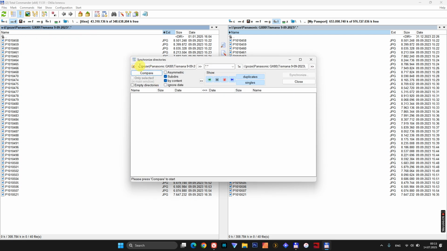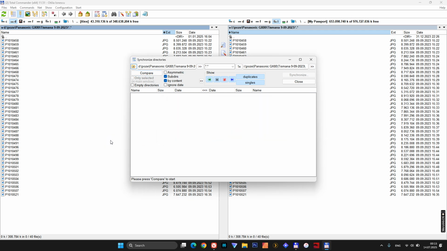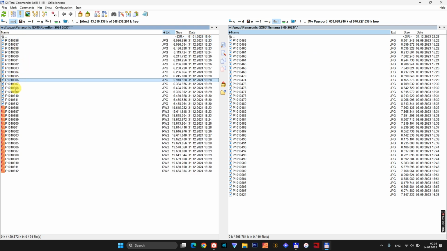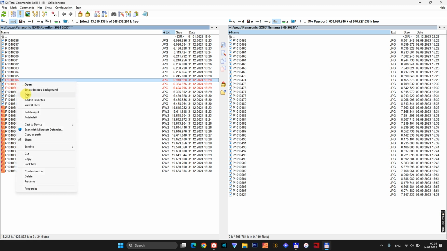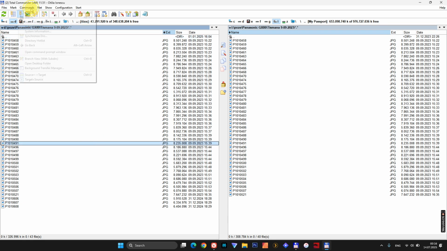So you have the option to save the synchronization, the two folders. You can save this backup solution. So anytime you want to compare these two folders, you just enter Synchronize Dirs and select the saved function. We're going to just copy some other files in this folder and do a